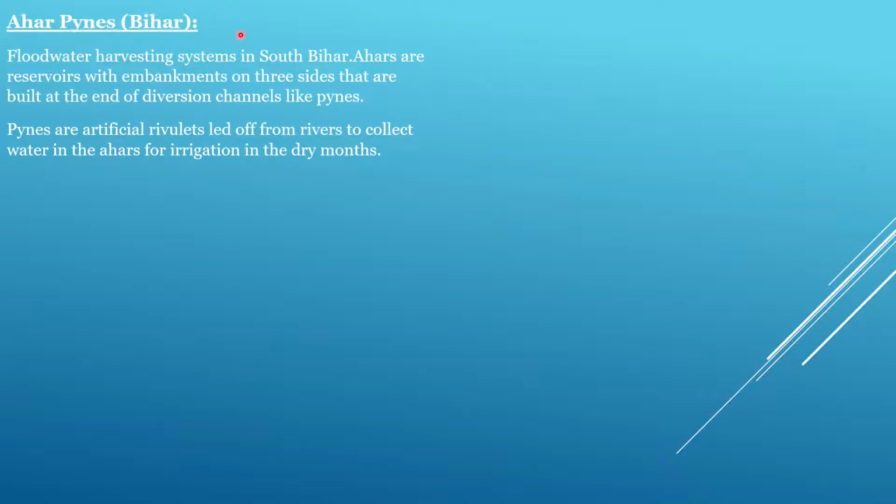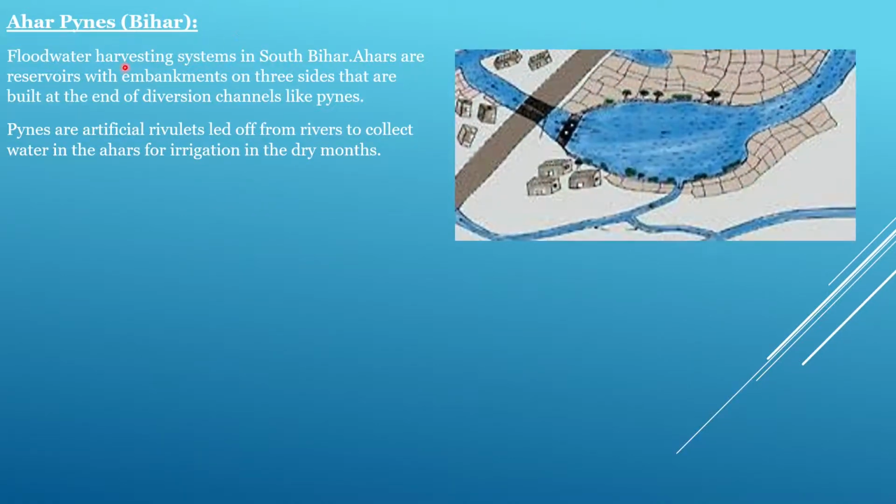Ahar pynes in Bihar. Floodwater harvesting system in South Bihar. Ahars are reservoirs with embankments on three sides that are built at the end of diversion channels like pynes. Here we can see the diversion channel, that is the pyne, and over here the main channel, that is also embankment